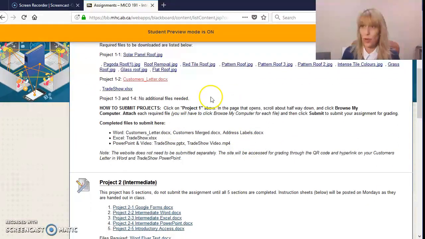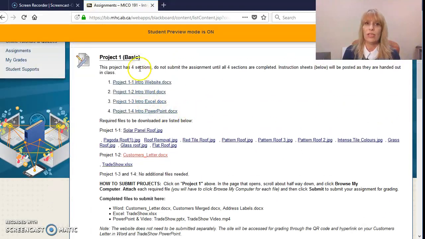After I've completed all of project 1, I can go in here. So here are the files I'm going to be submitting. Remember they were listed at the bottom of the sheet, but here's a list of them again. How to submit the projects: I'm going to click on project 1 above, and in the page it opens, scroll down and click browse my computer, attach each file. So literally I'm going to click on project 1,